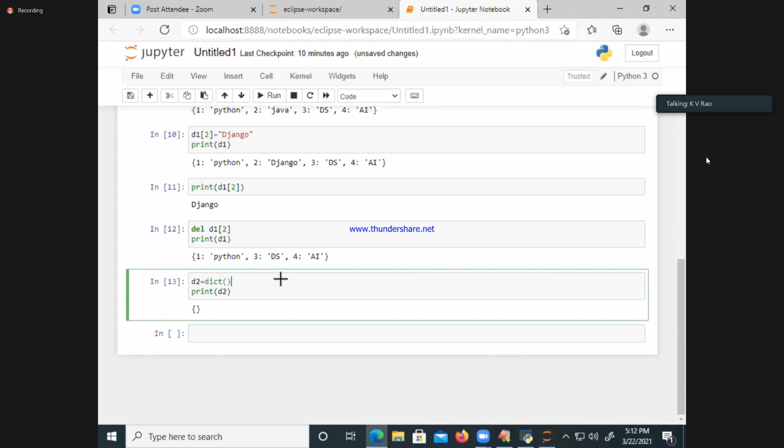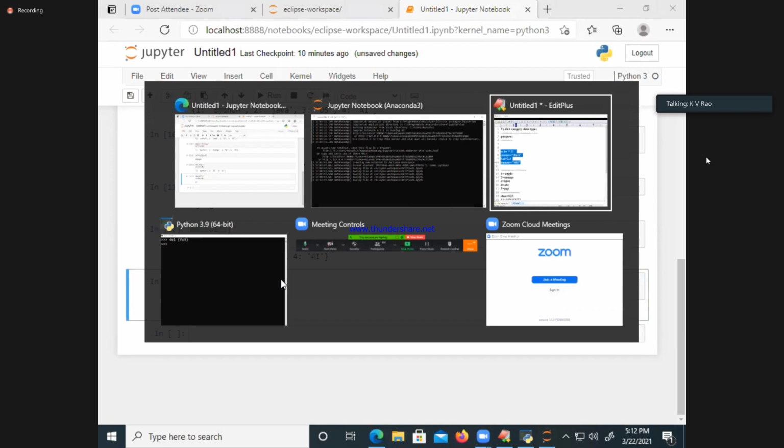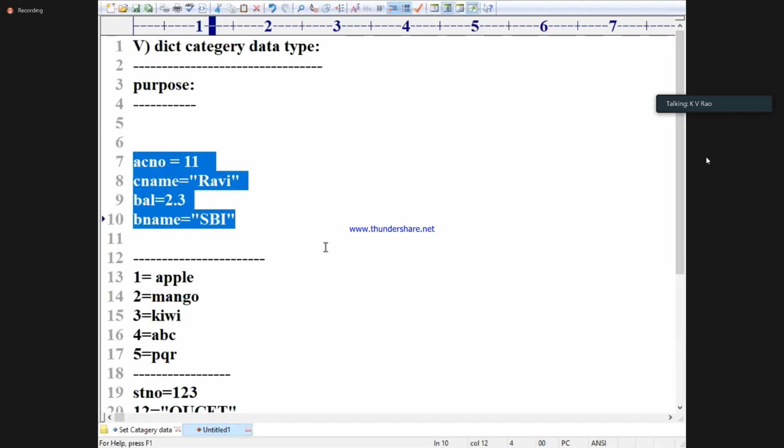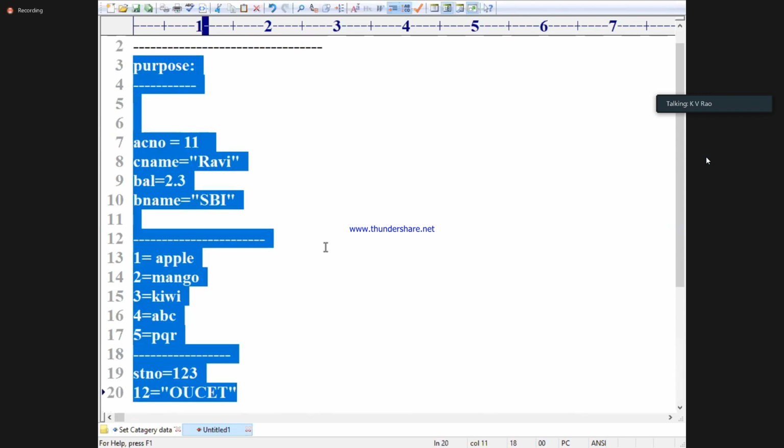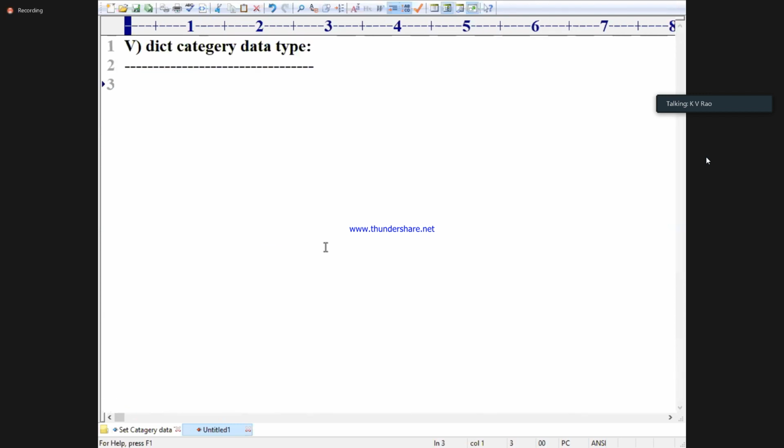Then tell me, what do you know about dict? You tell me. We don't know anything about dict, sir. You know about it, but we don't know anything. I explained so far to write the properties. Tell me. This data type is used for organizing the data in the form of key comma value pair.